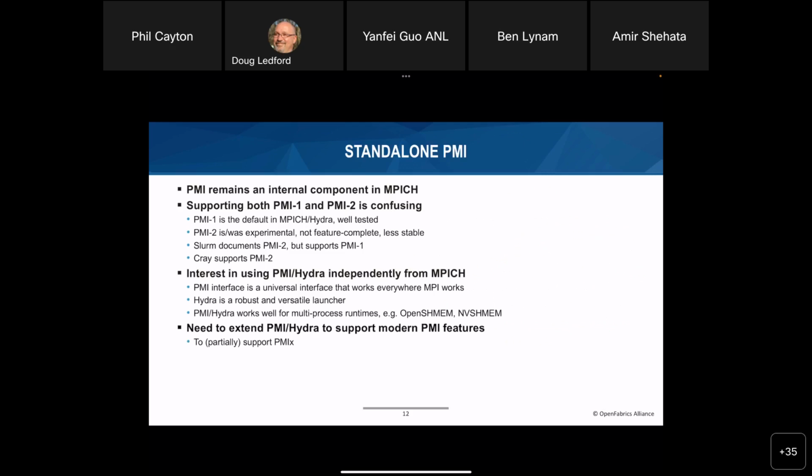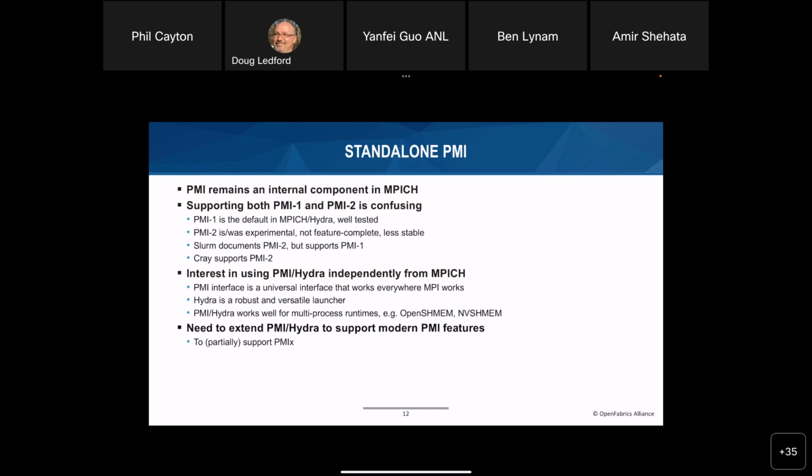As you may already know, when you run an MPI application, you probably start by using mpiexec to launch your application, and mpiexec will create a process on each of the compute nodes and start your user application. That job launching and process management is all part of the PMI library,